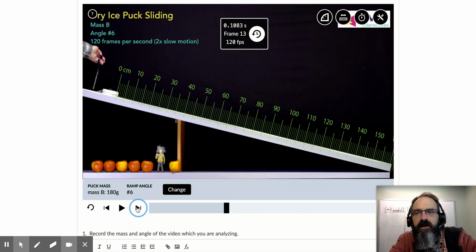1, 2, 3, 4, 5, 6, 7, 8, 9, 10. It's easy to keep track of because the frame count is going to go up by tens. So we went from frame 10 to frame 20, but we're not recording the frames. We're recording the time, the topmost number here. So second data point, 0.1667, and a distance of about 4 centimeters. And so we continue like that, 1, 2, 3, 4, 5, 6, 7, 8, 9, 10. Frame 30,